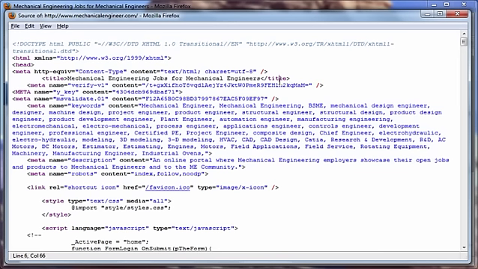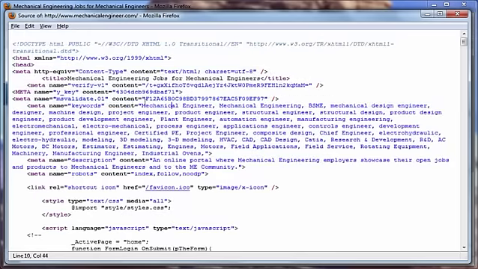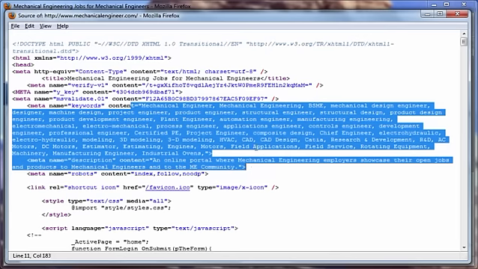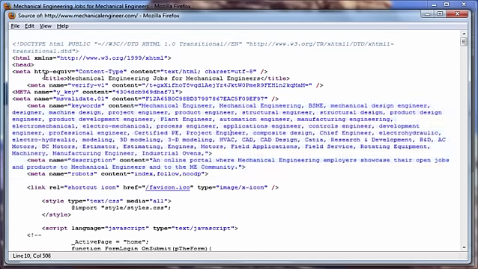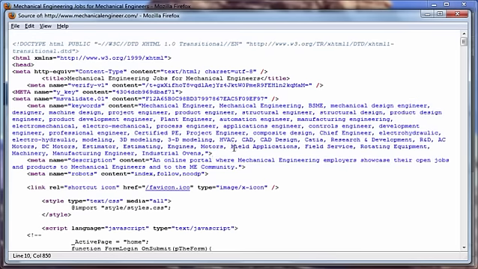So pay close attention when you and your geek are developing your website. Pay very close attention to the title tag. Pay good attention to the meta keywords and description. Those do play a part. But what they really play a part in, folks, is making sure that your web page has a theme, that the keywords that you want to be found under are found in the title tag, are found in your meta keywords and description. And then the last tag that I want to draw close attention to is one called